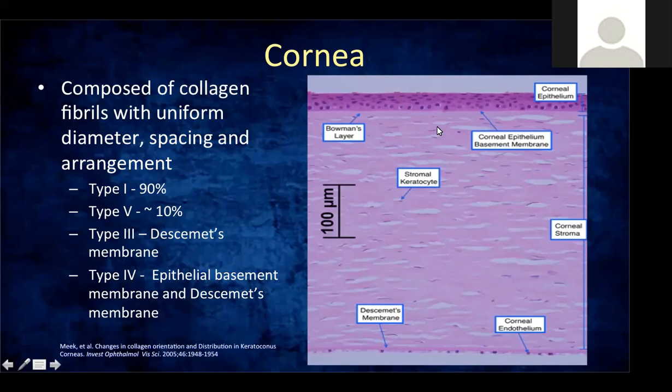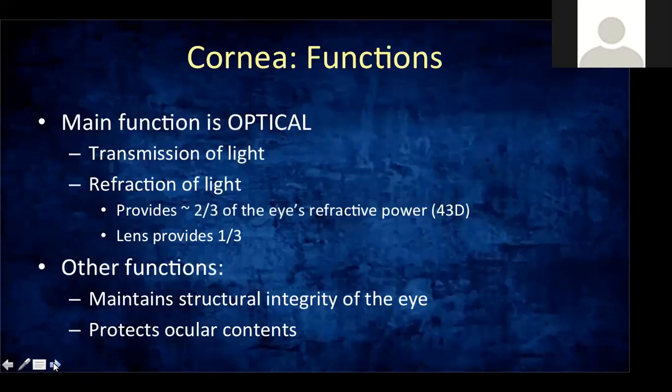So you can see here a cut section of the cornea. The epithelium is a thin layer anteriorly. The thickest portion is the corneal stroma. Then you have your Descemet's membrane, and the innermost is your endothelium. So epithelium, then Bowman's layer at the border of the stroma. The Descemet's comes after your corneal stroma, and beneath that is your endothelium.